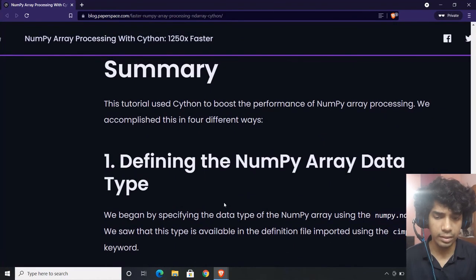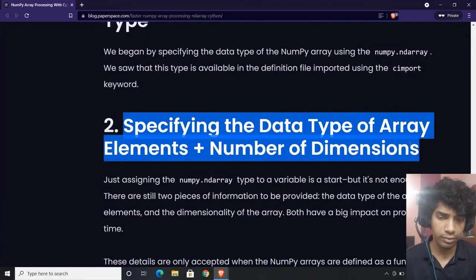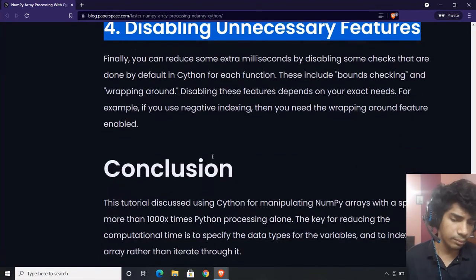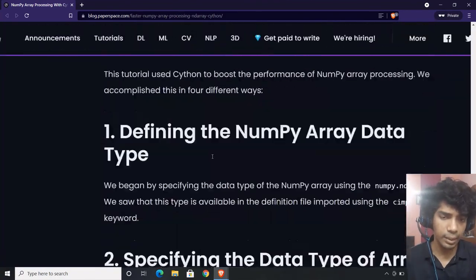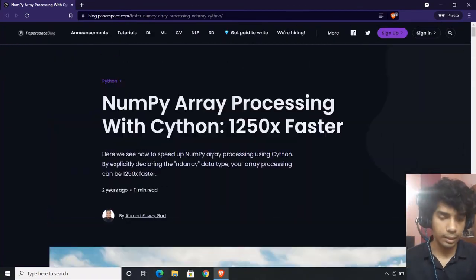So there are 4 factors. First is defining the NumPy array type. Second is specifying the data type of array elements. Third is looping through NumPy arrays, and fourth is disabling unnecessary features. I won't be coding. I might code this in the next video. I am running on a time crunch.